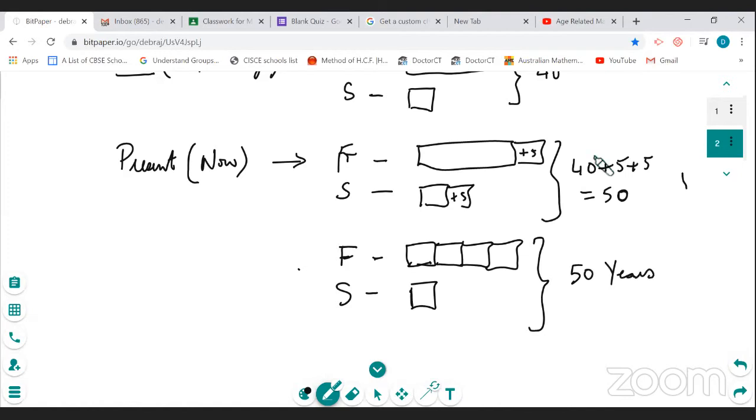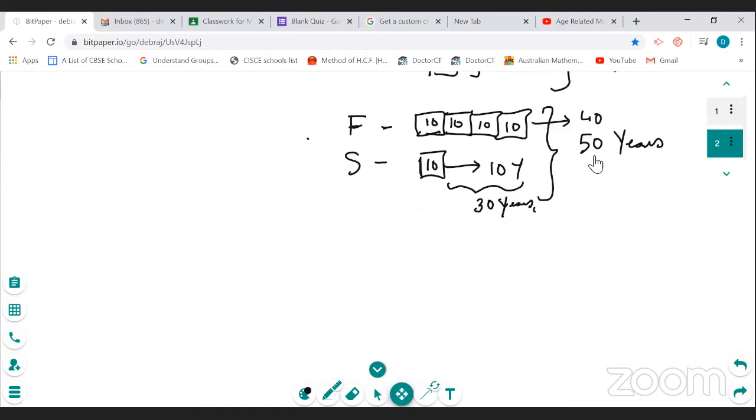Which means that if 5 equal parts are equal to 50 years, so each part is equal to 10 years. So we can have their ages, these parts as 10. So we'll get father's age will be 40 years and the son's age will be 10 years. All right. We also notice from here is that the difference between them is 30 years. Now we know that the difference between them will always remain the same. So we see here that 40 minus 10, and we see here that there are differences of 3 blocks, which is 3 times 10. So it's equal to 30 years.